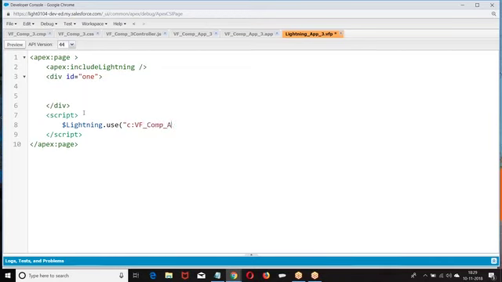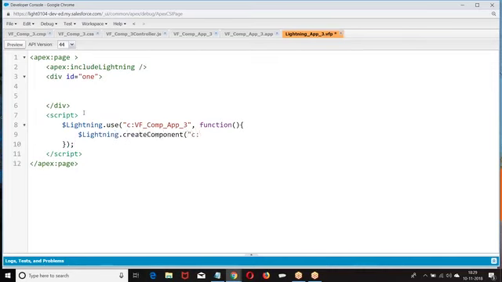Component underscore app underscore 3. Then I have the callback action function. Then in this, what we are doing is creating a component. How do you create? Dollar lightning dot create component.